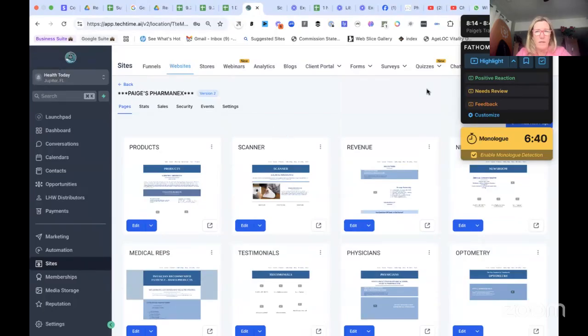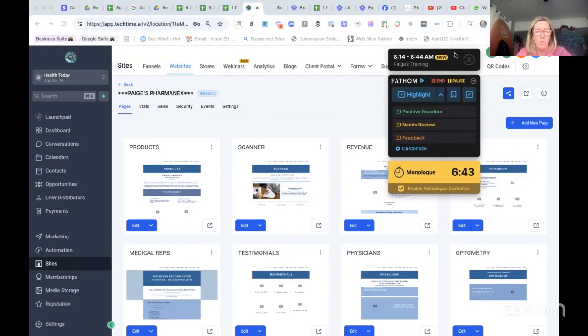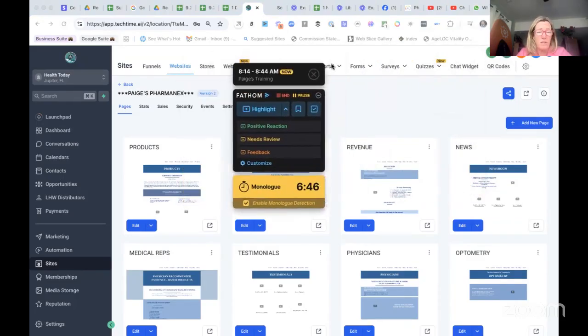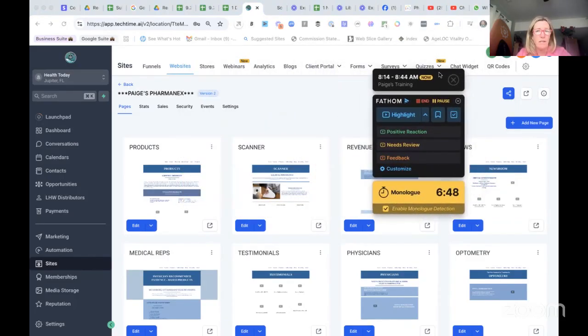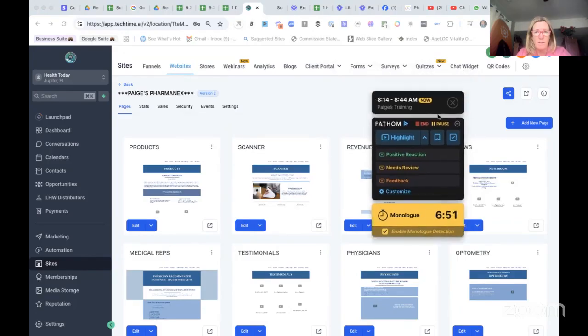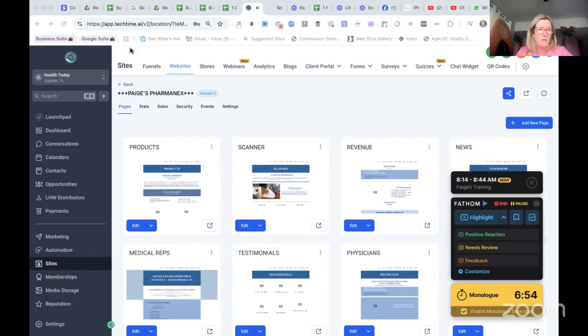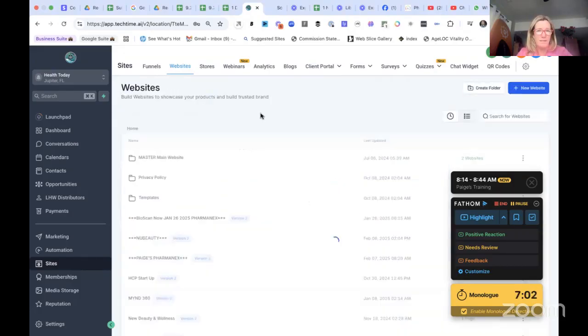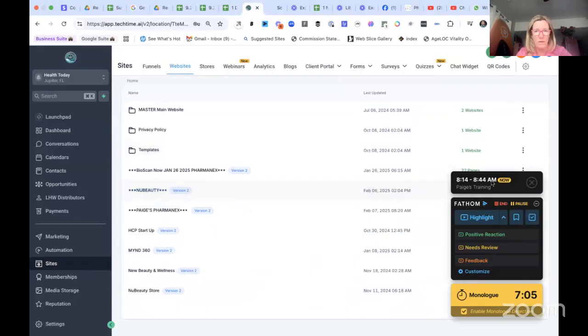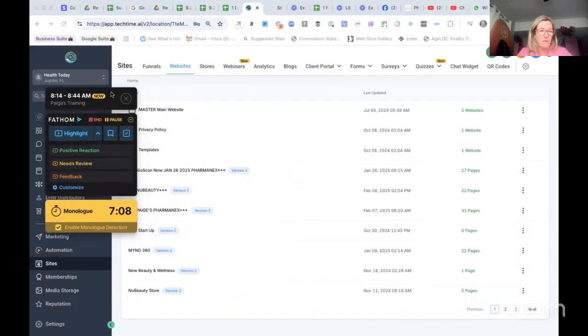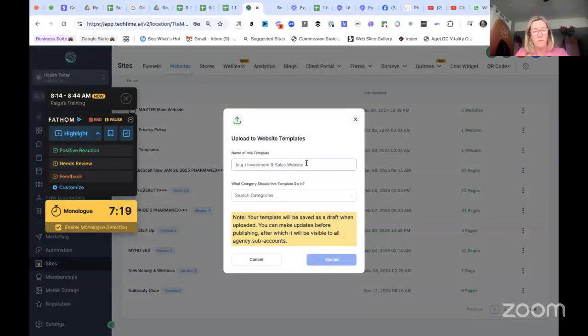And so now let me show you how, if you want to share something with somebody else on another team or on your team, you can make it a template. So what I mean by that is, let's say I wanted to share this whole website, to upload it to the template section. I would go on the site section or the forms section or whatever section, an automation even, and I would click on the three dots on the right and I would click